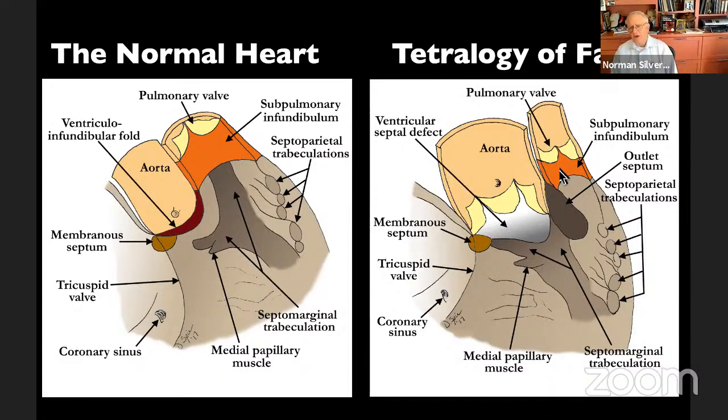And I think that's inherently part of the valvar pulmonary stenosis. And indeed, when we look at the success of balloon valvuloplasty in isolated pulmonary stenosis, the patients that have restriction at the supravalvar area seem to make a less effective result from balloon valvuloplasty than the ones that don't have restriction at the sinotubular ridges.